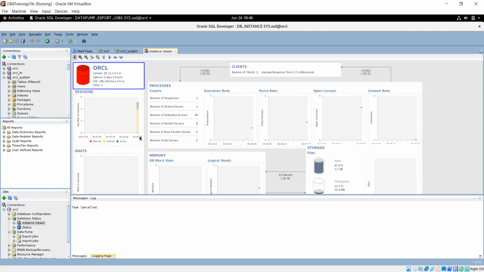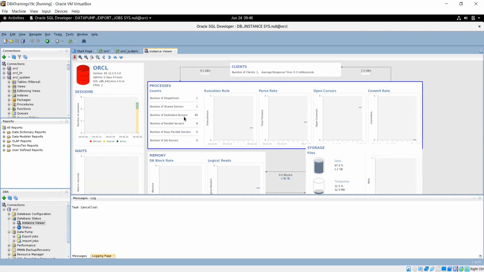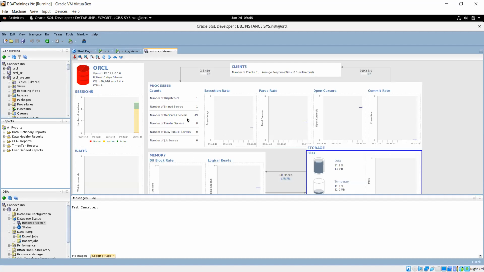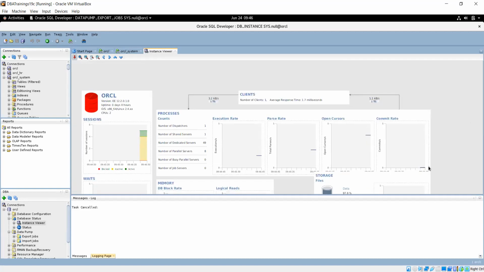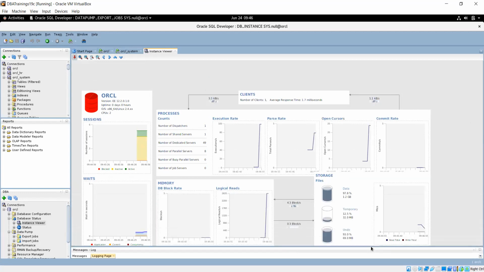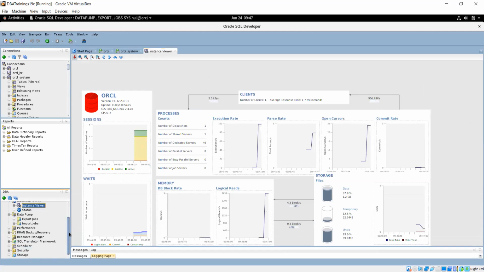You can see how many dispatchers are working, how many dedicated servers, the number of parallel servers. These are related to storage information. We can monitor the memory block. These are all database related things. What we are doing with OEM, similarly, it's not exactly the same, but yes, it's a good similar way. We can monitor the performance of databases.